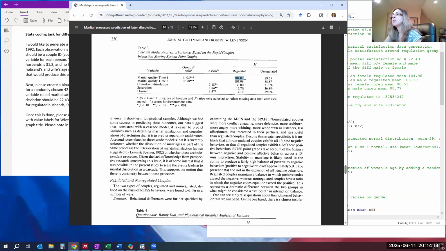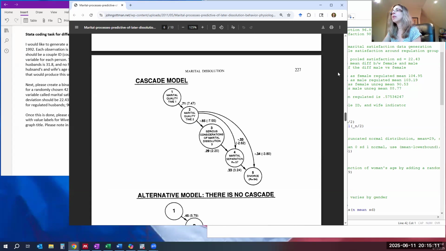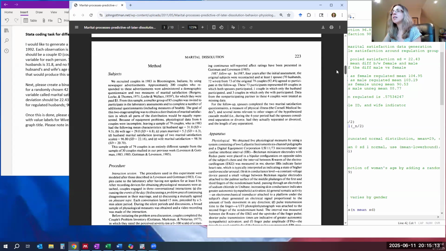So the regulated couples had a happiness of about 104, and the unregulated people in unregulated couples had a happiness of about 90. So that's a difference of about 14 points. And they tell us up above that